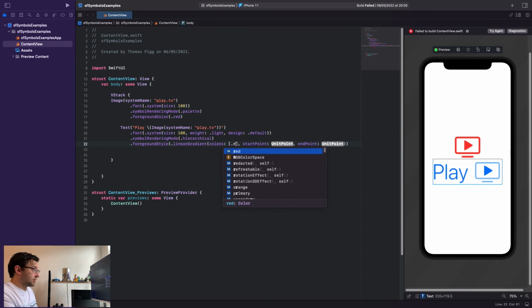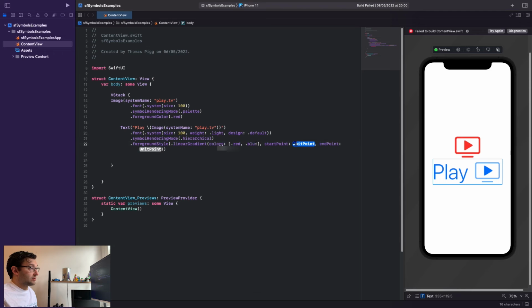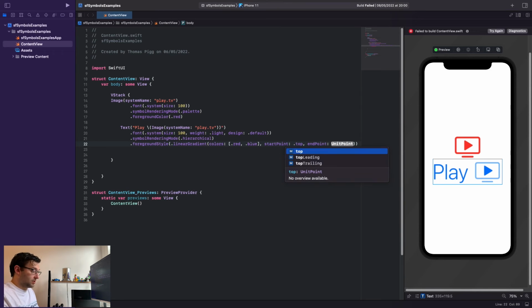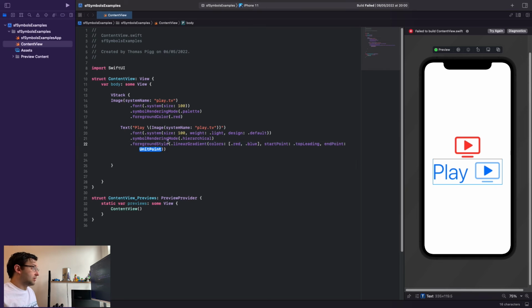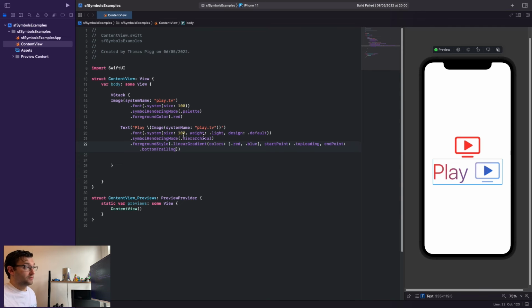Actually, no, let's go red and blue. Start point, let's make the top leading, shall we? And then we'll make it bottom trailing. And there you go, it's worked through the font and into your symbol,